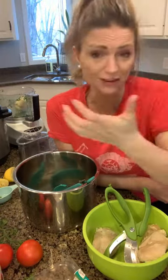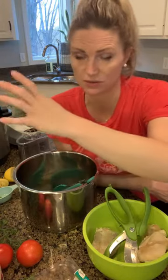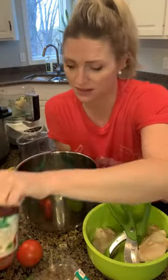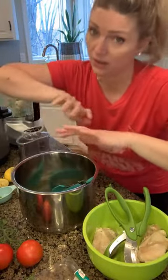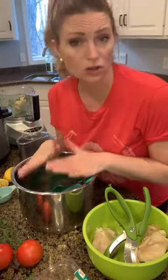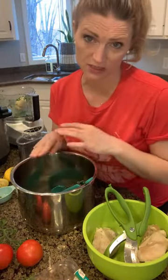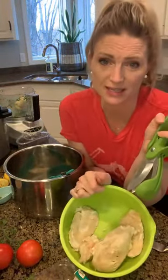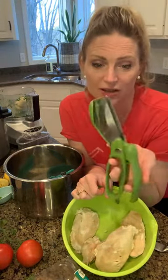And honestly, how many of us have sauces in our pantry that are just sitting there and you're like, oh, I gotta do something with them? Well, it helps us utilize those jars and not waste money because it's just been sitting in there. You always have pasta sauce, you always have some kind of Mexican, right? And you literally just dump the two in together like I did with the quinoa, and it cooks down and it's amazing and awesome and easy, okay? So I didn't do that tonight because I was just simplifying, but I wanted to show you how easy this gets shredded. This is the other fun gadget. Everybody should have a kitchen...